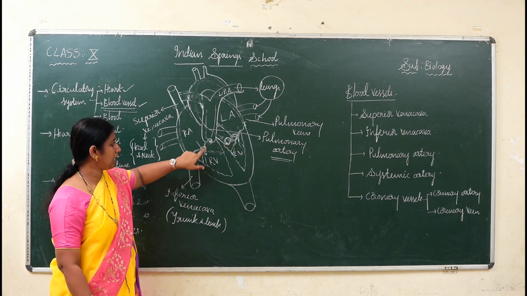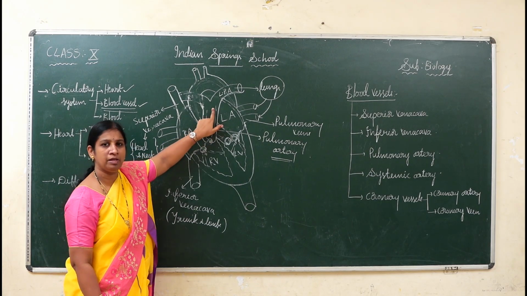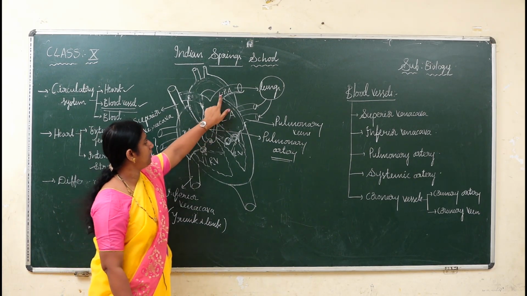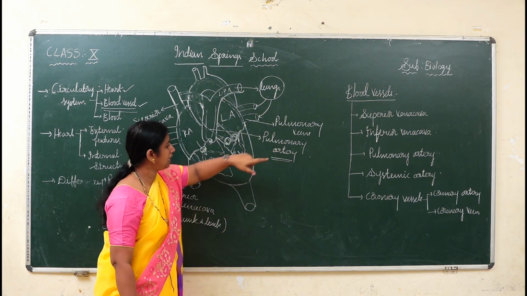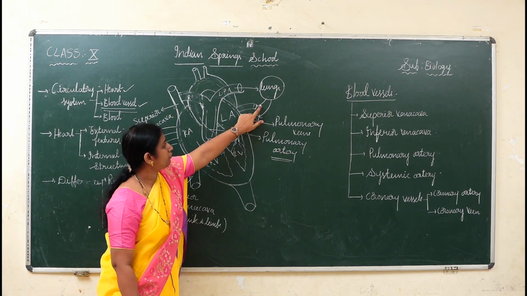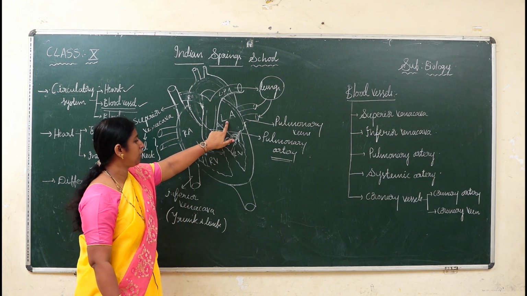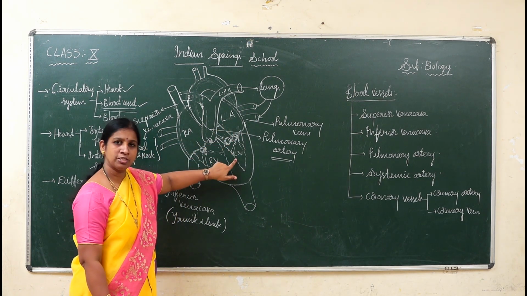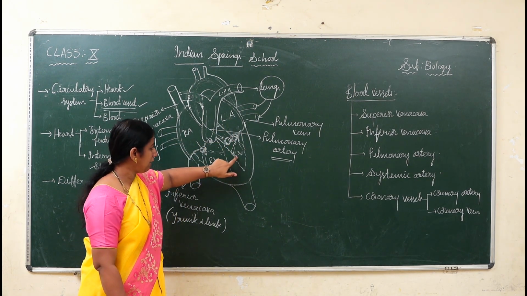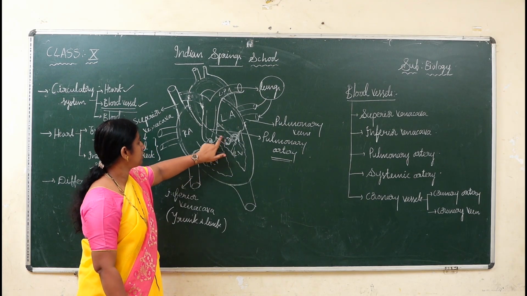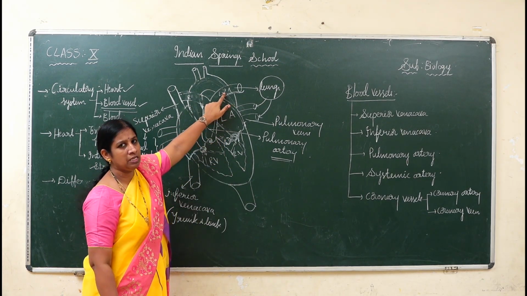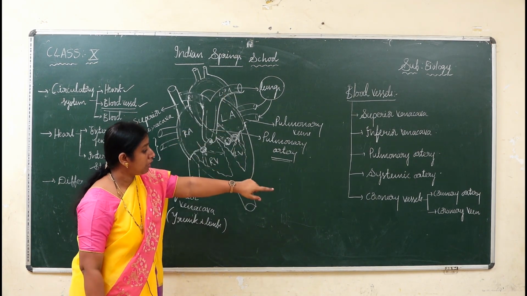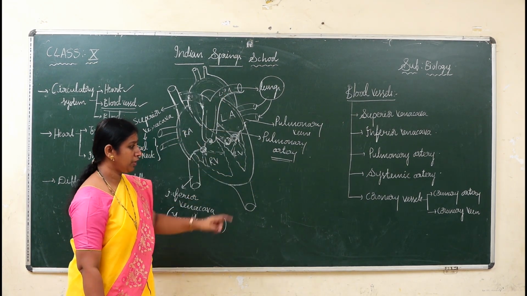From the right ventricle, the next blood vessel, as I said, is the pulmonary artery. This pulmonary artery carries blood towards the lungs. Okay, next blood vessel is the systemic artery. From the lungs, blood enters into the left auricle, then it enters into the left ventricle. From the left ventricle, blood enters into the largest blood vessel, the fourth one, the systemic artery. Okay, so now another blood vessel is there: coronary vessels.